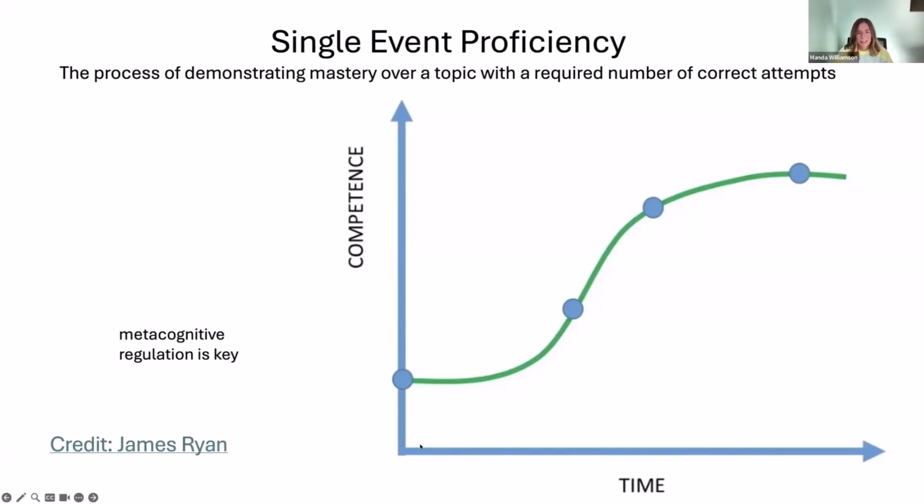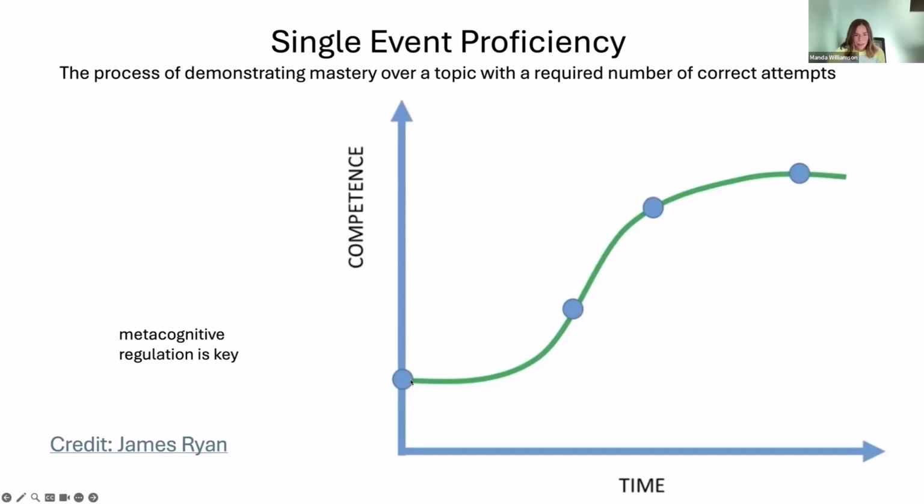So along the x-axis, it's time, but we'll just say attempts at a particular topic. And initially when students start, especially if it's a new topic for them, it's a little frustrating. And so that's something that we want to keep in mind, is that when our students are learning, we have to get them comfortable with being frustrated. That's a cool part about learning. Try that with this generation, right?